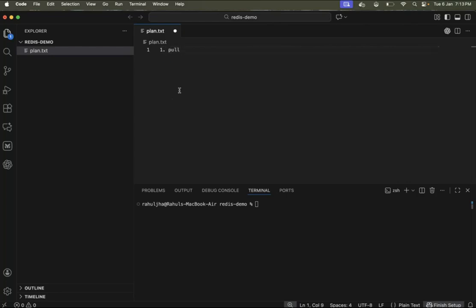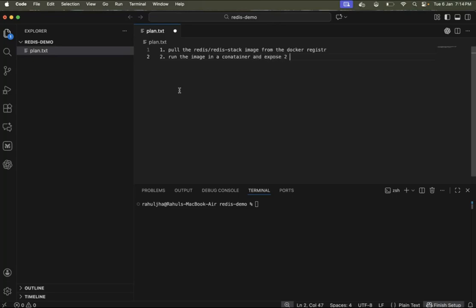First, we are going to pull the Redis Stack image from the Docker registry. Secondly, we are going to run the image in a container and